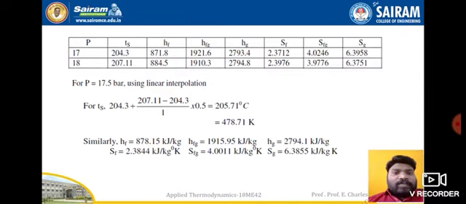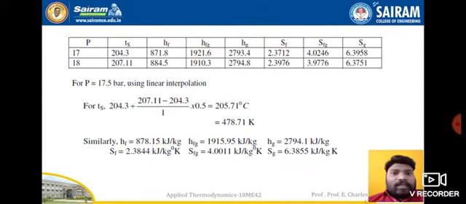Next, if you take the steam table book, we don't get values exactly for 17.5 bar. If you turn the pages in the steam tables, we can find the values of 17 bar and 18 bar, but not for 17.5 bar. But here it is very easy to find 17.5 bar, because we can take the average of 17 and 18.